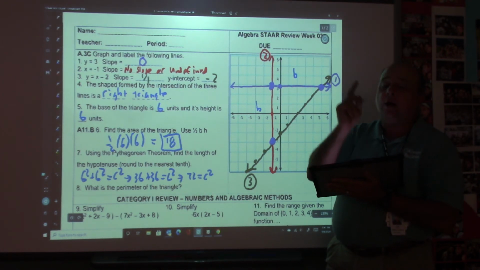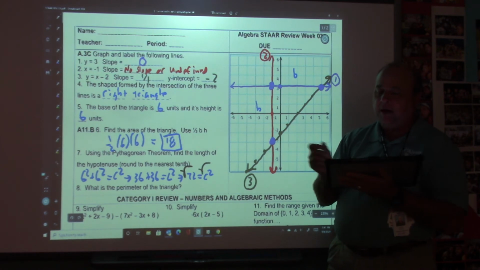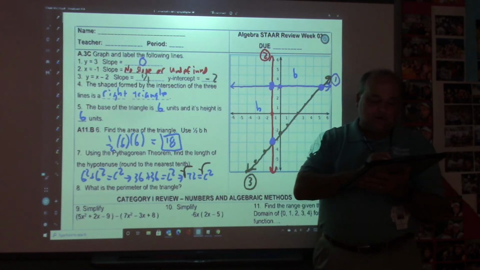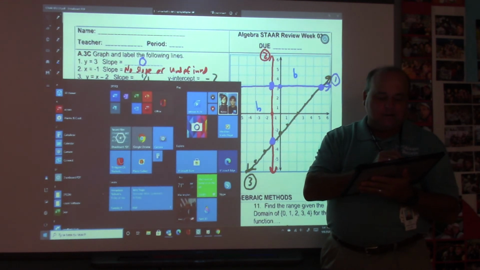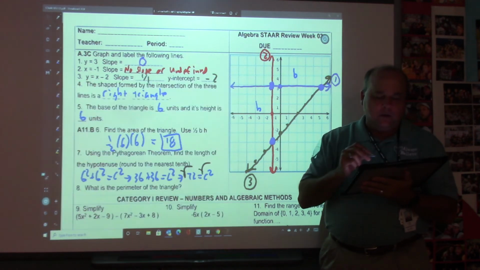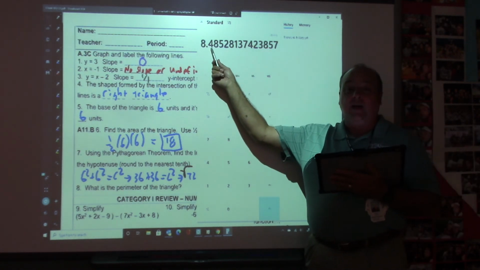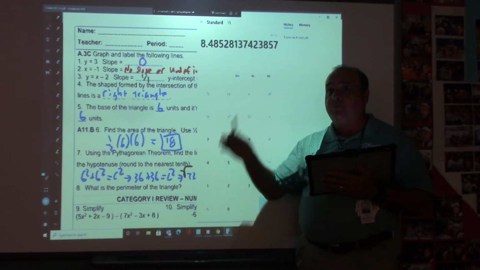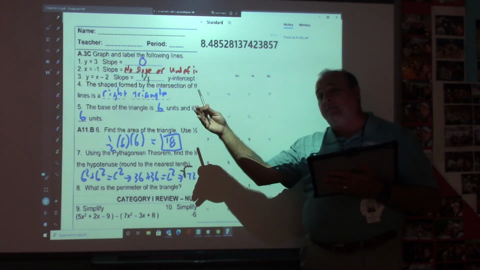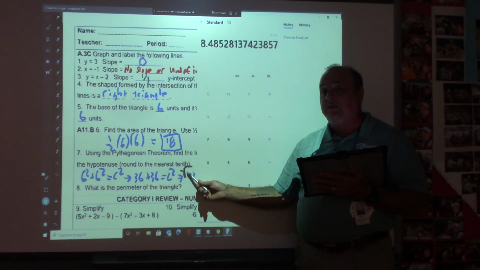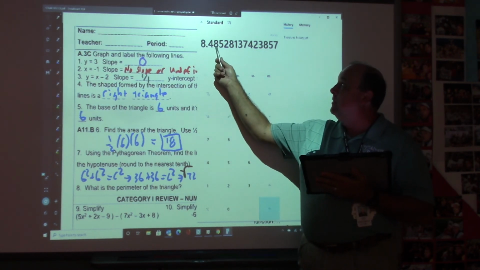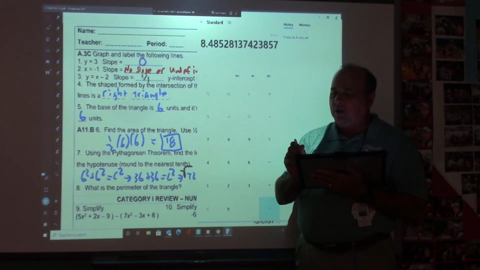Now then, when you get right here, last year you learned to use the square root symbol, right? And I need to get the square root of 72, so I'm going to open up a calculator because I can't do that in my brain. Where is the calculator? Right there. I'm going to punch 72, and then I'm going to hit the square root button, which hopefully is on here somewhere, right here, and I get 8.4 or 8.5. So remember, the square root of 72 is between 8 times 8 is 64, 9 times 9 is 81. This is going to be between 64 and 81, wouldn't it? And it's going to be 8, that 4 is going to round to 5. So this is going to turn into 8.5,